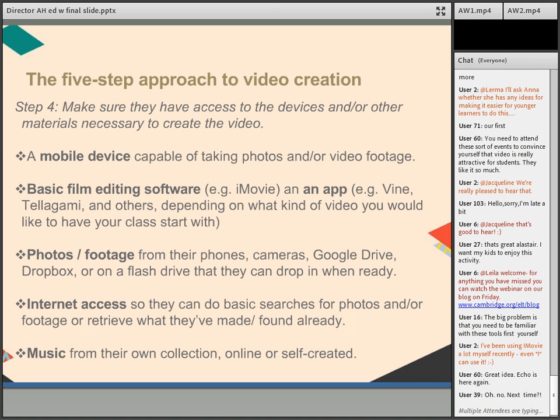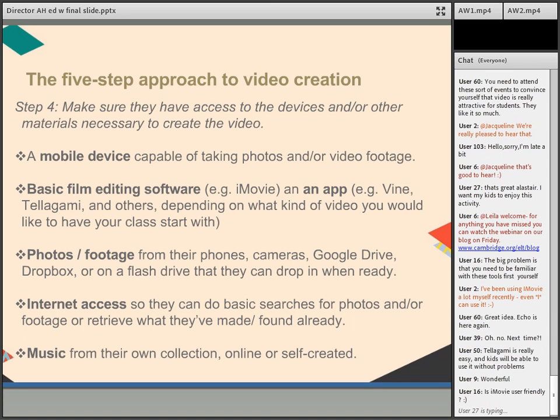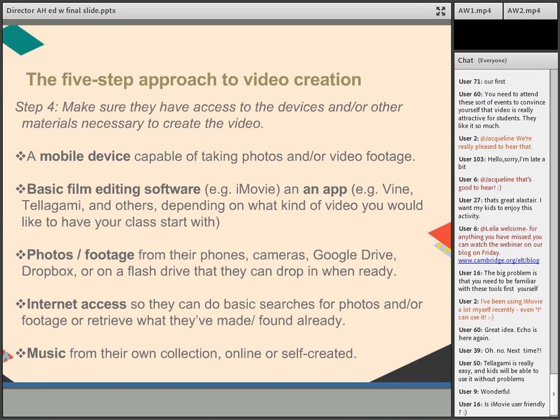There are also a lot of apps out there that you'll find more on your phones that you can use, but these are for shorter things and not quite what I'm talking about today, because this is actually putting lots of assets together. There's lots of choices, and many of you are probably familiar with them. You don't want to give your kids too many choices. As I said, you want to just say, okay, today we're just going to be using this particular app or this particular editing software today, so that they don't get overwhelmed by all the choices.